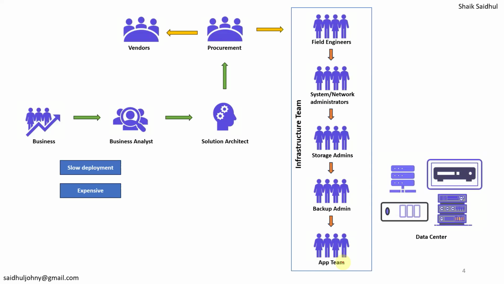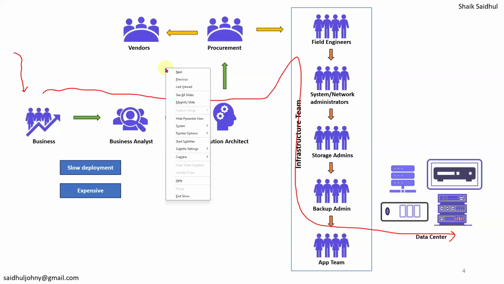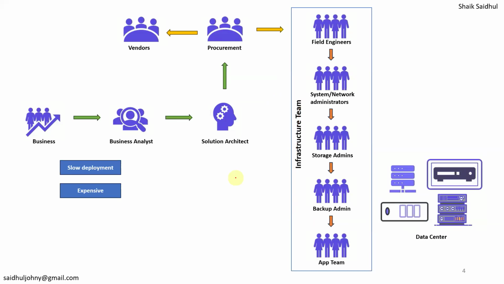The answer is no. Scaling up and down as per the demand cannot be achieved quickly at all. Because if you want to do it again, you have to start everything again from here. If you want to scale up again, you have to start from here. Everything you have to follow. So scaling up and down is also not easy. And one more thing,